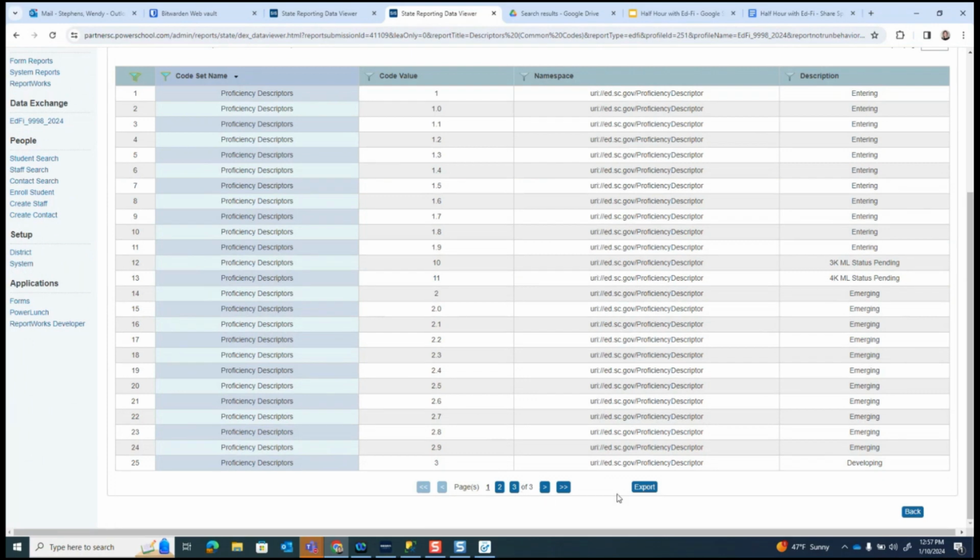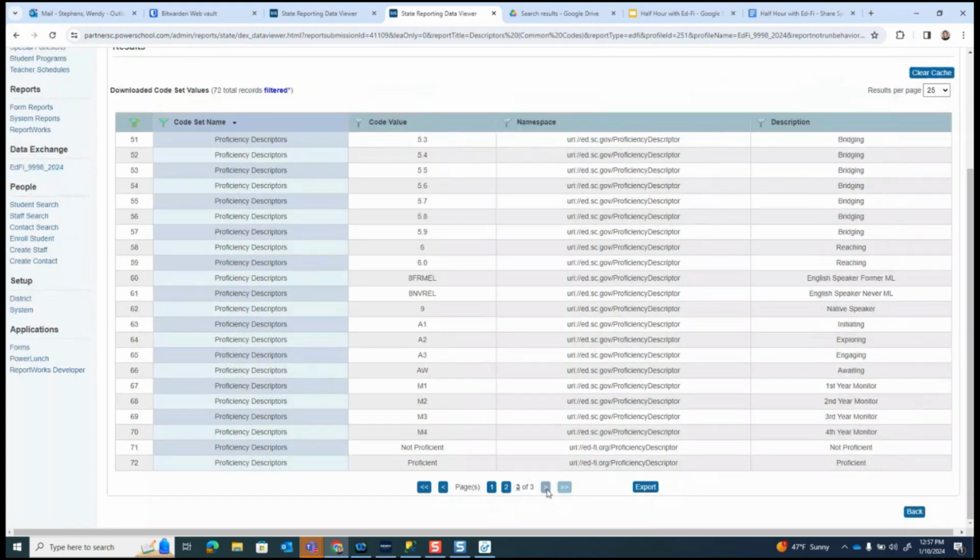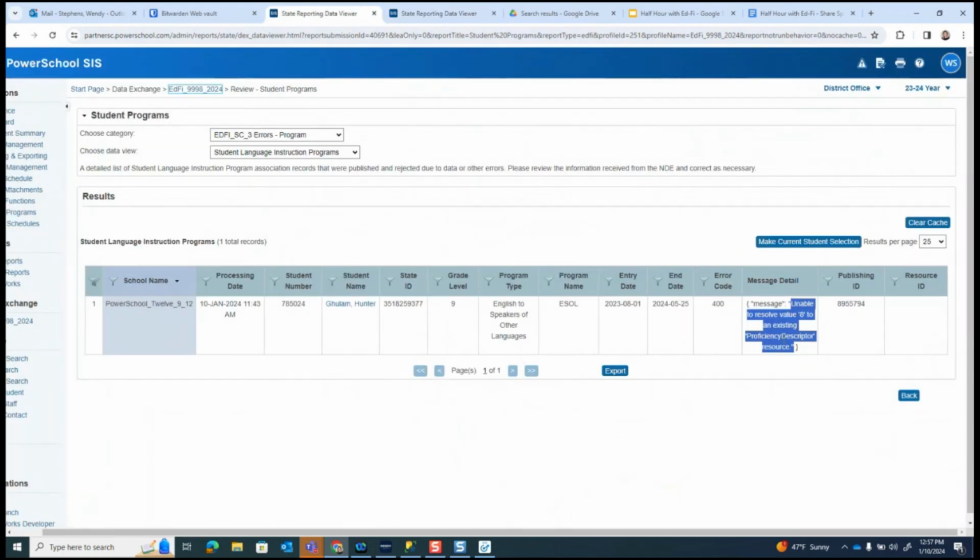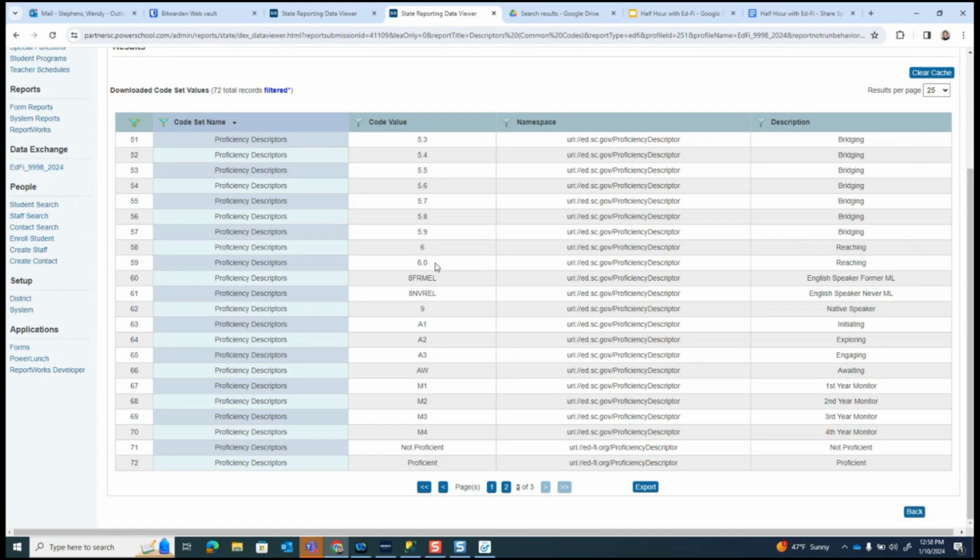So we can click through these, or we can export them and look at them as a file, that's fine. Note that our message said unable to resolve value 8. So in our single quotes here, we have an 8. So is there an 8 here? Well, no, but there is this 8 followed by some letters. So if we went through here carefully and noticed that we didn't have 8, we just had this, then